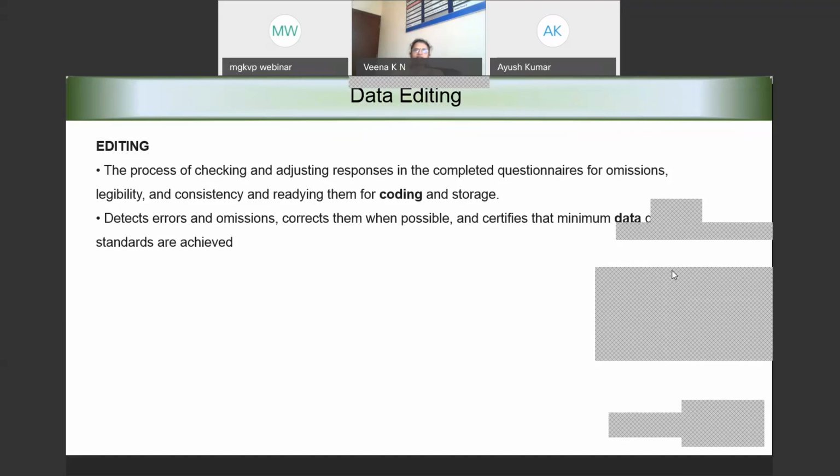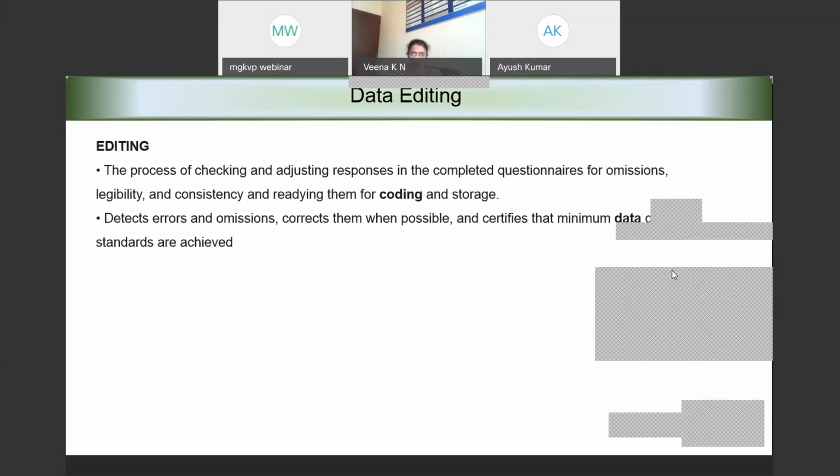And it also helps us in standardizing our data and preparing it for analysis. So data editing as a process helps us in preparing our raw data into data which can be analyzed. Okay, this is the basic work of the data editing process.